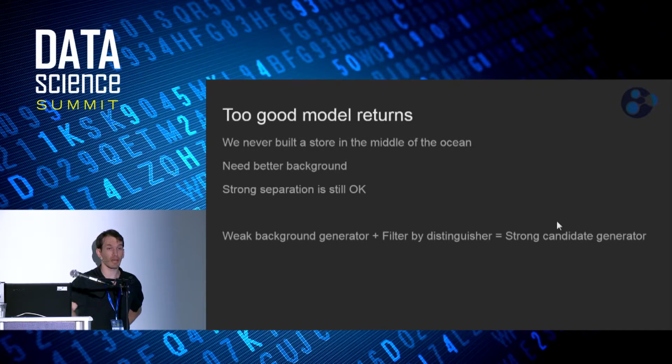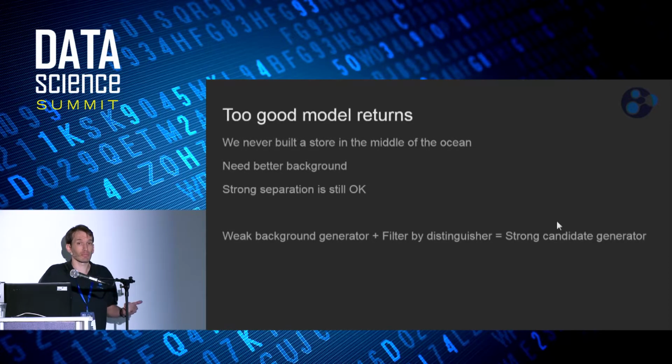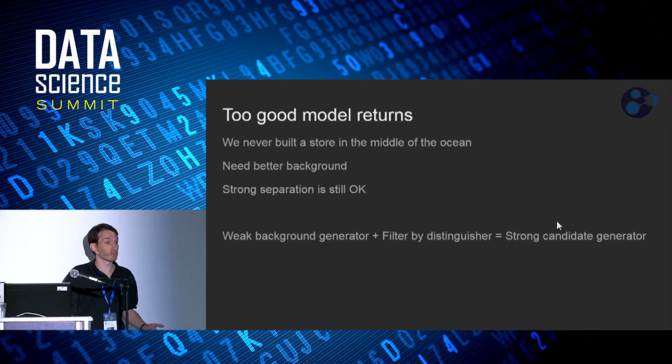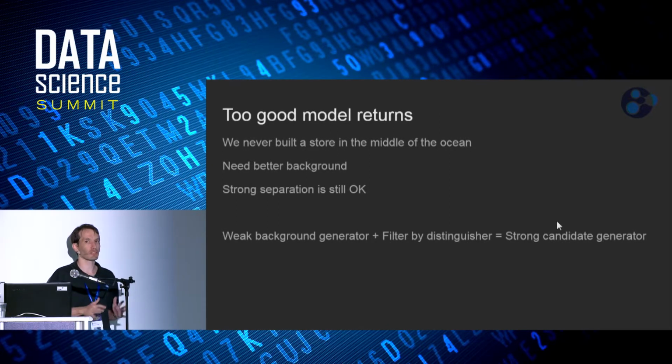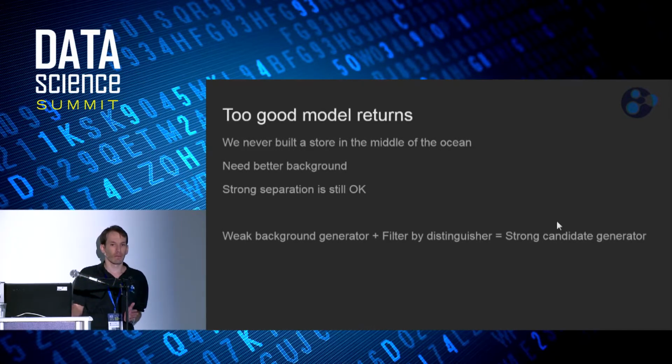And if we just use random points for negative examples, we will discover it is trivial to create a perfect propensity model which separates everything. So we want to create a better background, or we want to filter it. And evidently, it's okay to have a background which is pretty poor, because if I generate tons of data and I filter out obvious things I would never have built in the past, if I filter 99% of them, but I'm left with a tiny fraction of a percent, but still